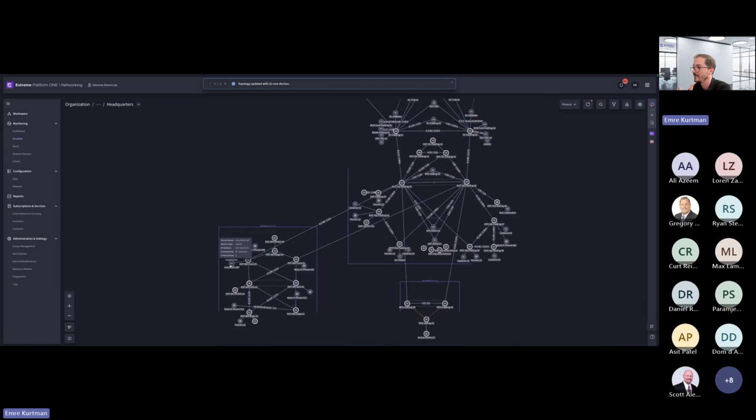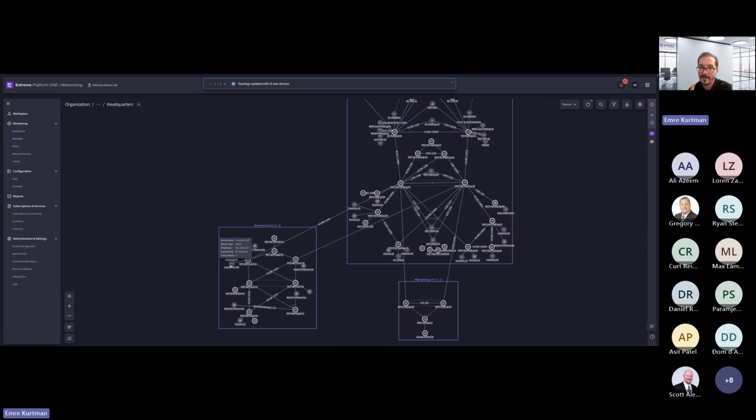But what is coming is what we call a third-party management engine, and this will be a locally on-prem installed instance, which will be reporting to EP1. So it will talk SNMP to all your third-party devices, Cisco, HP, whatnot, and then it will talk to EP1. It will report the details. So even if there is no LLDP capability or LLDP might be disabled, you will still be able to visualize it in the topology.